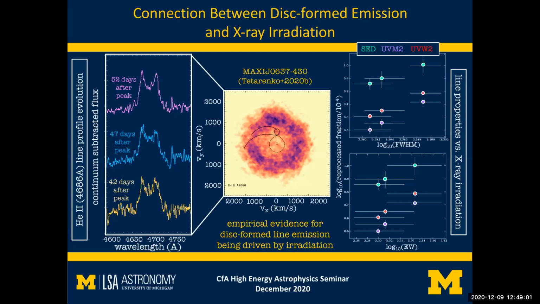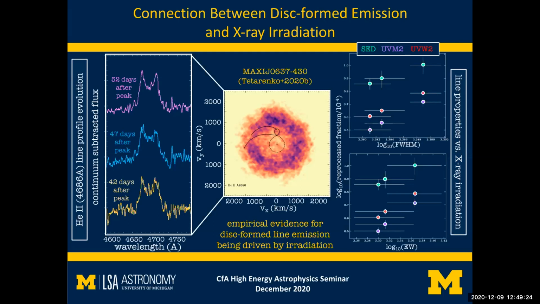In addition, similar correlations also exist between our radiation temperature in the outer disk as well as the full width half max and equivalent width of our helium-2 line, although that's not shown here on the slides. Now, while our small data set really limits the statistics we can actually do with such a hint of a correlation, the fact that we observe statistical evidence for a positive correlation existing between our radiation heating and key properties